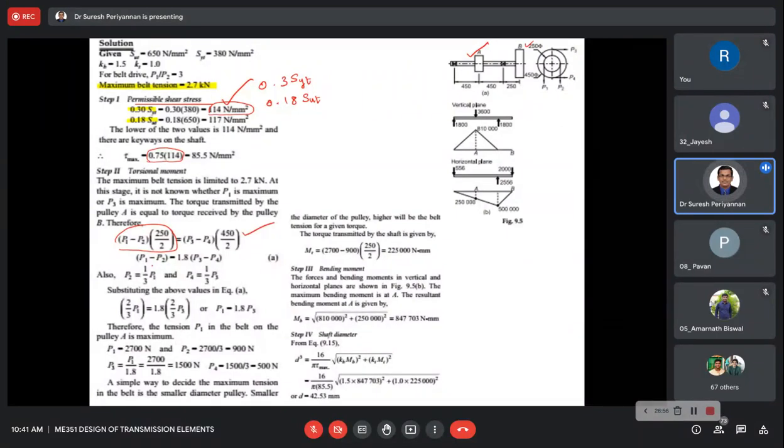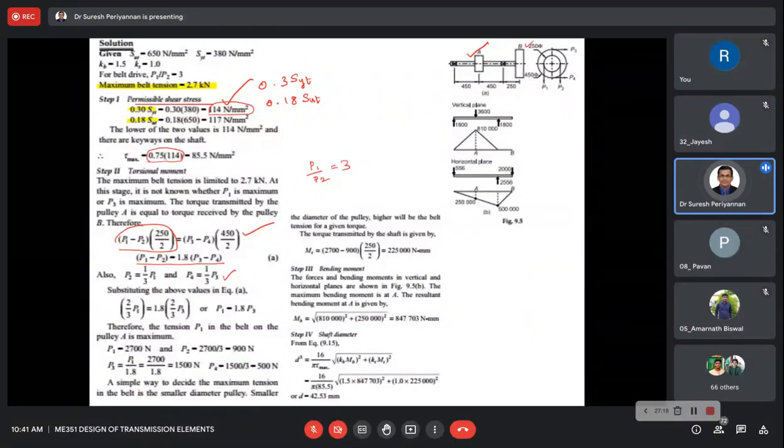Now P1 minus P2 is equal to this. Finally, we are obtaining this relation. The ratio is already given: P1 by P2 is equal to 3, and P3 by P4 is equal to 3. The tension and slack side ratio is given in the problem. Hence, this is the equation from there.